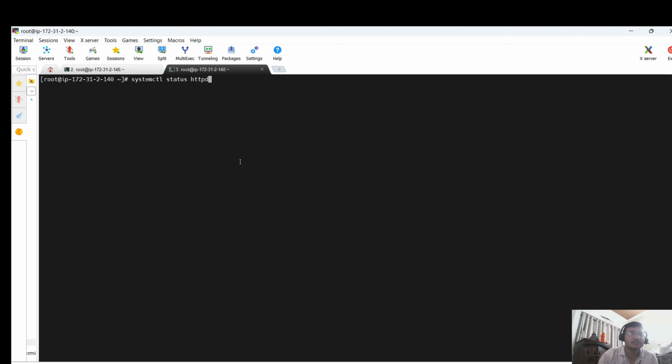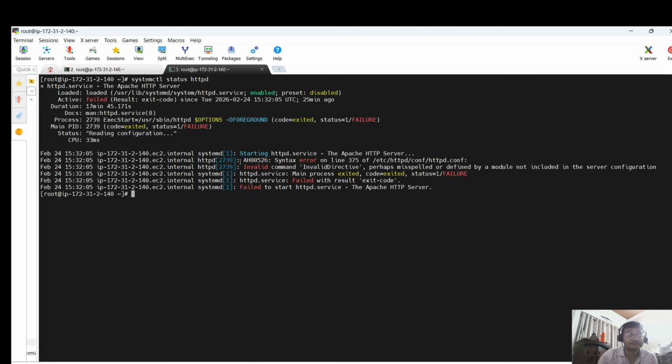I'm using Amazon Linux AMI here, so there you use httpd as the package name for Apache, and you can use systemctl to check the status. Clearly you can see the service is not active, it is saying failed. And then in the events you can also see why it failed. It clearly says that there's some syntax error on line number 375 of your main configuration file of Apache, which is